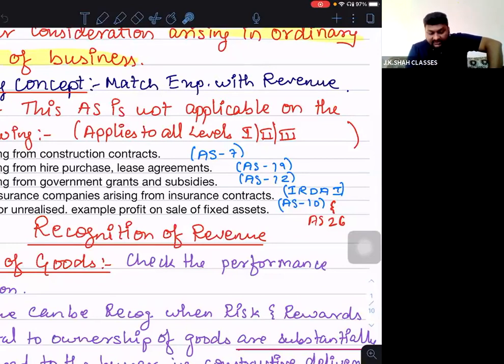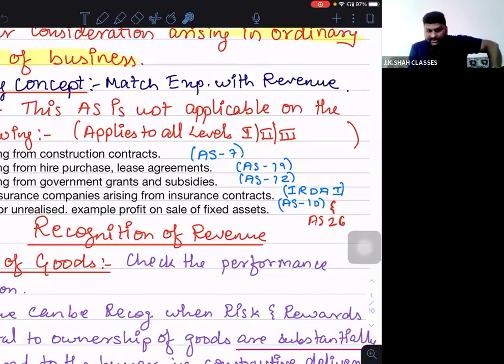So AS 19 covers these things, but one logic between AS 19 and AS 9 is very much the same. That is with respect to recognizing interest income, because they say that interest is always recorded on a time basis, that is accrual. So AS 19 also tells the same thing, time basis. AS 9 also says the same thing, right? But whatever revenue you are earning from HP or lease agreements, they are covered by AS 19. So AS 9 is completely silent,